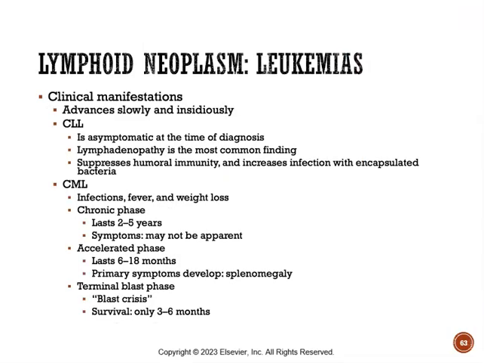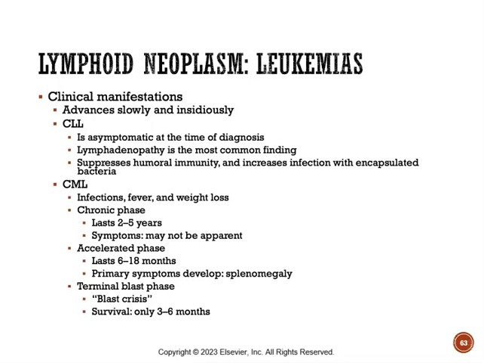Now let's talk about the clinical manifestations. Like we said, we won't really see symptoms at the beginning because these leukemias are progressing slowly, right? So in the CLL type, patients are going to be asymptomatic at diagnosis, but as the disease advances, we can start to see